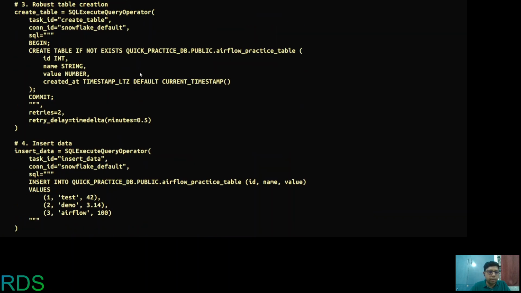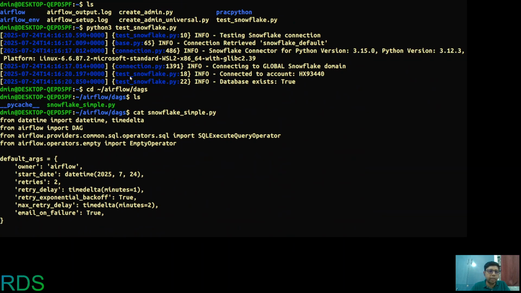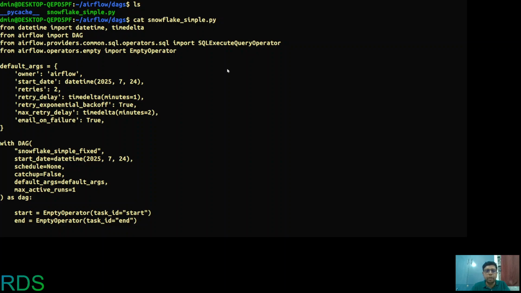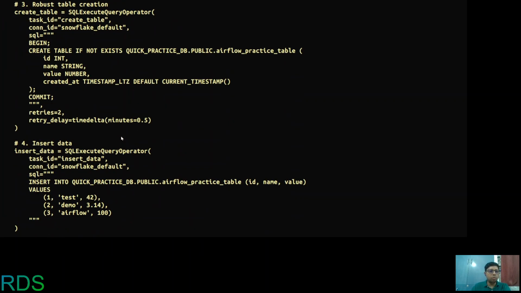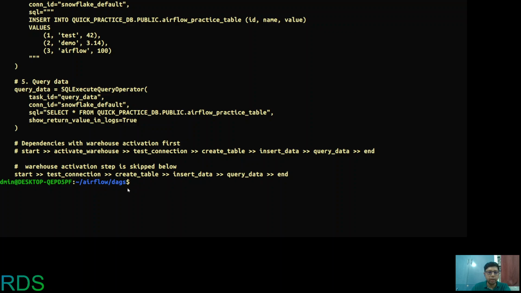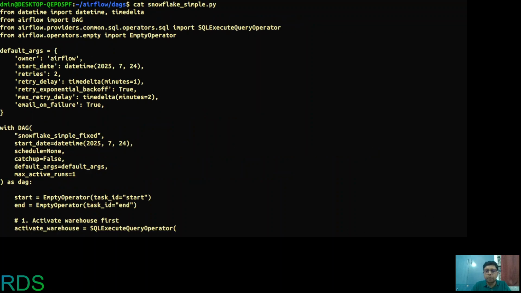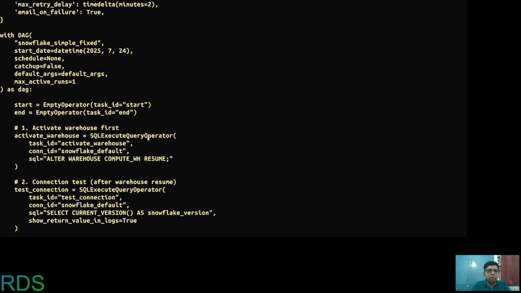This is the DAG file content which I have just explained, which you will find in the third file of my Git repository. Create a file in this folder, Airflow DAGs, and save that file, right? Nano Snowflake simple. You create that file and save that file. Okay. Once you save this file,